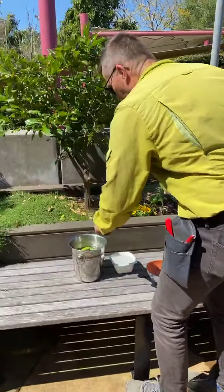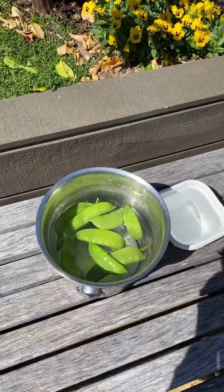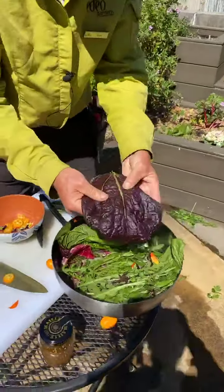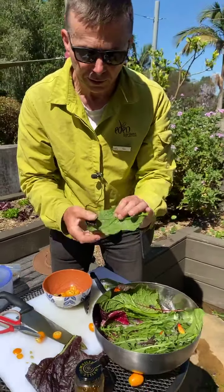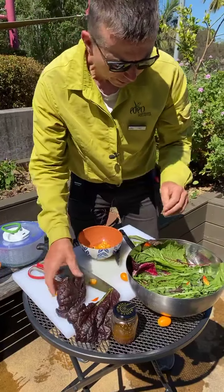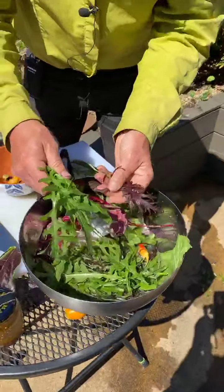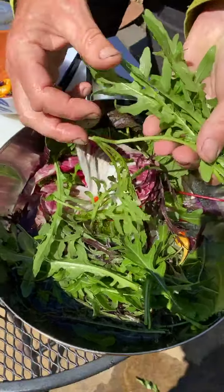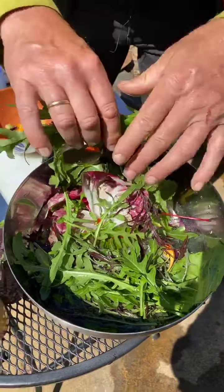That's some boiling water, or pretty darn hot water. Okay, and let's have a look what I've already picked. So this is some of the giant red mustard, very hot stuff. So I'm not going to use too much of that. Probably that ripped up will be enough. I've got some of the wild rocket from down in the edible section. That's got a nuttier flavour. I really like that, and it's also, as things get hotter,